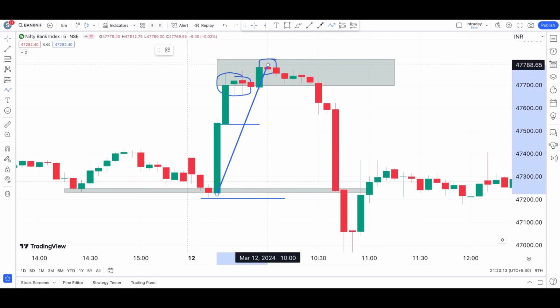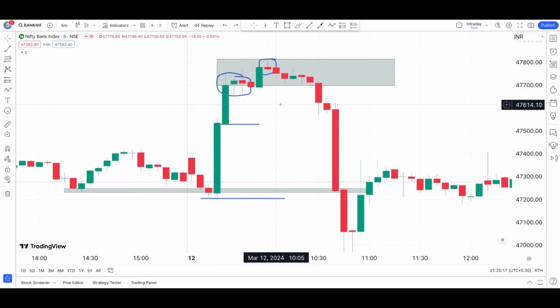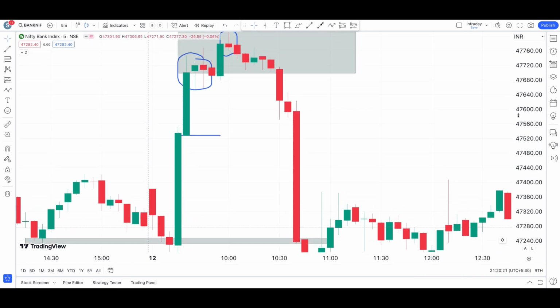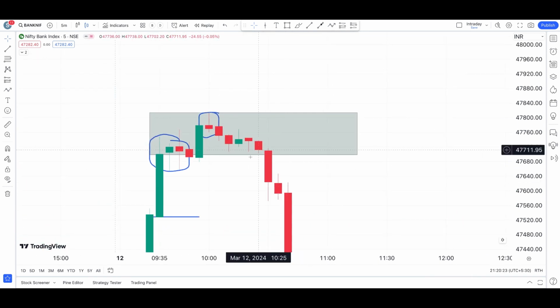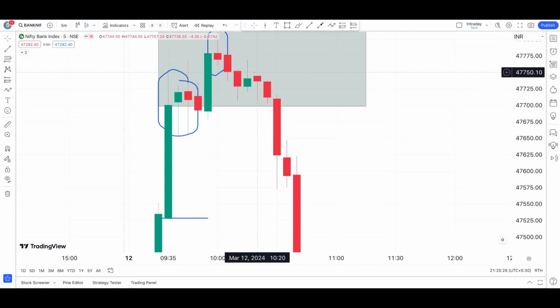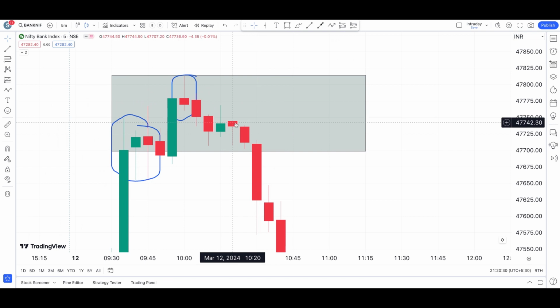you cannot rely on one or two candles immediately to consider a move towards the opposite side of the momentum. So for those, we have another opportunity that has come at 10:20. If you notice this 10:20 candle, which is clearly a hanging man formation, so we're talking about this.